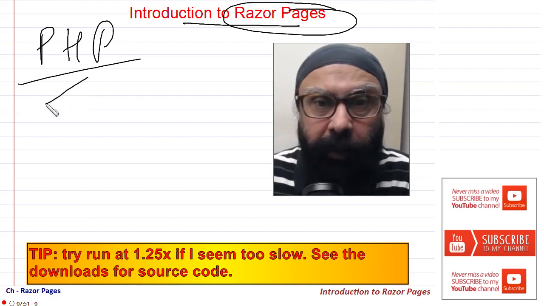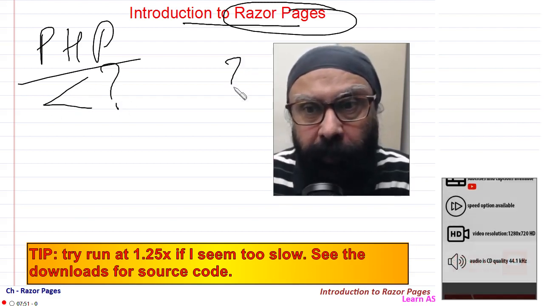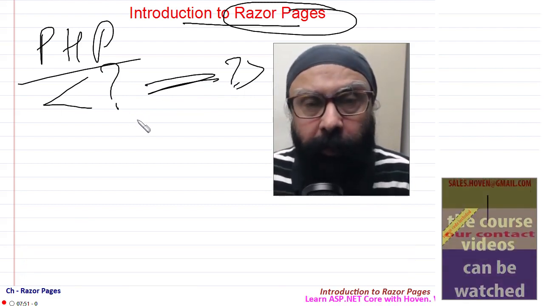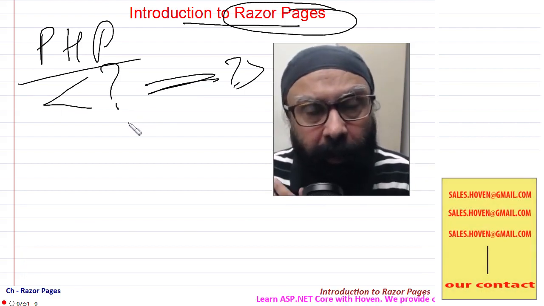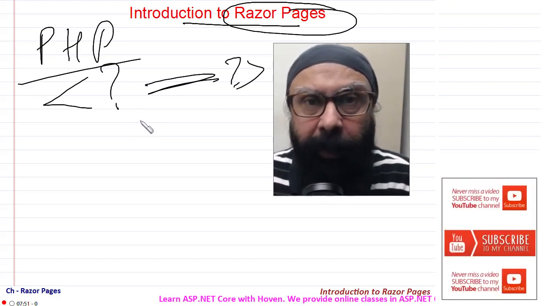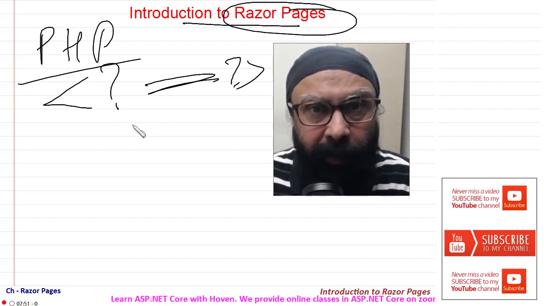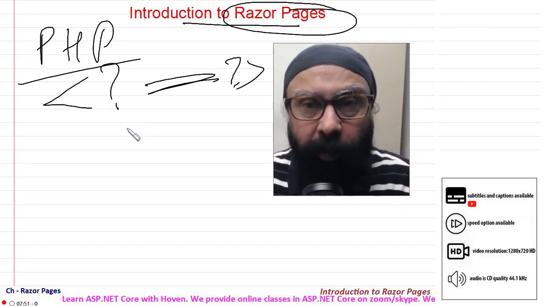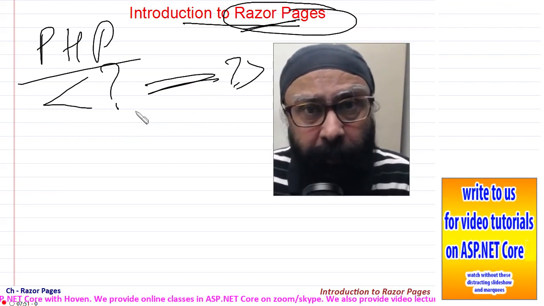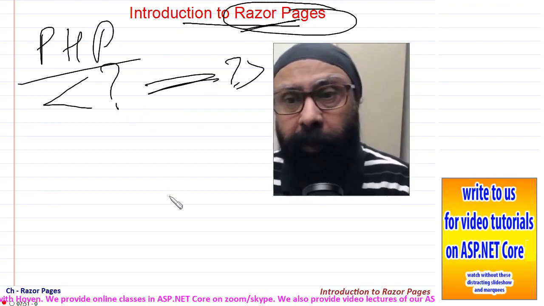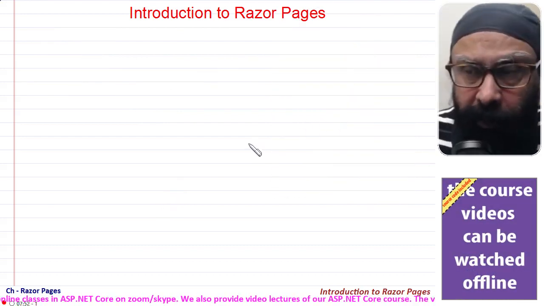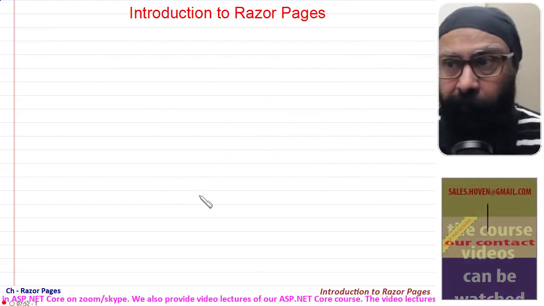If you have done PHP earlier, you have these tags in which you can write your PHP script. HTML code, PHP script is embedded into an HTML file. It is executed and the whole entire HTML file is then returned to the caller or the client side. So Razor pages are very much like PHP pages. If you are not very aware of the story, let me start with the most basic thing that you should be aware of.